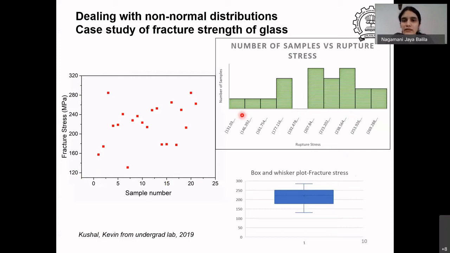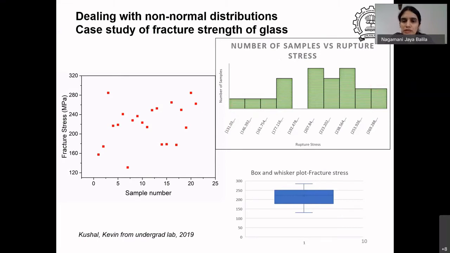The data, you can see a normal distribution should have followed a bell curve, but you can see that when there's, so what is split here is it's about 15 MPa ranges of stress equally separated, and the number of samples which broke at the lowest stress, then at a higher stress and at higher stresses and so on. So you can see that it goes up, down and so on.